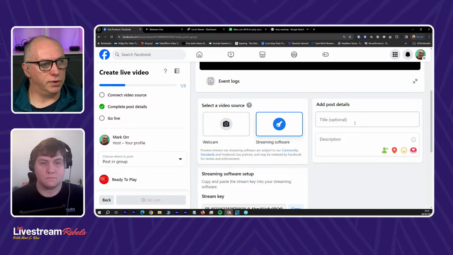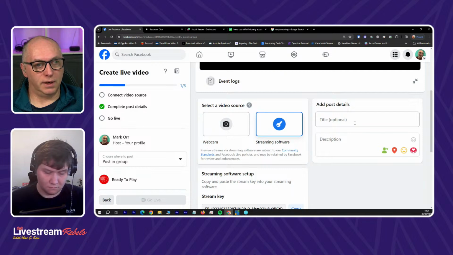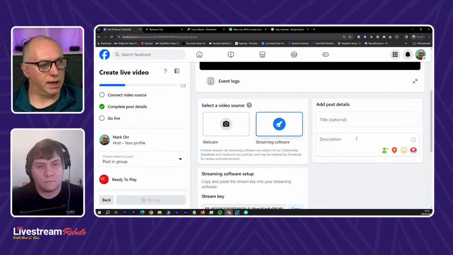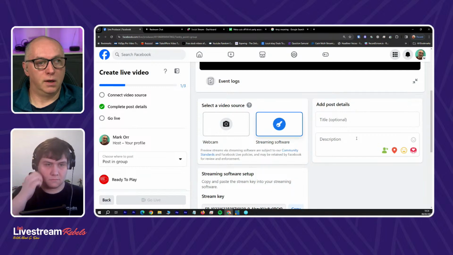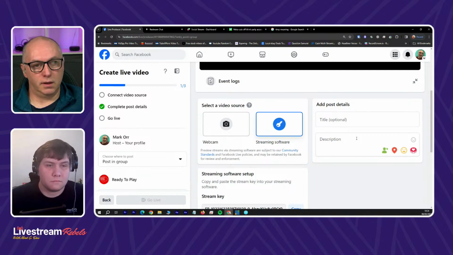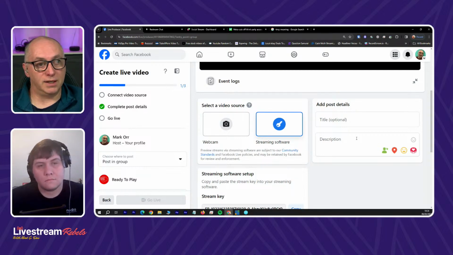Facebook will always prompt you to give your live a title, and it will give you a warning dialog box if you don't put anything in there. It says optional, but it will prompt you, so don't panic. You can just override it and say, I don't want to put a title in. But it is ultimately handy to have a title in there so that people know what your Facebook Live is going to be about, especially if you are not using a persistent stream key, and it will be available for a replay. So you want people to be able to see that, and you want them to be incentivized to watch it. Giving them a good title gives them an idea of what the content of the live was about.